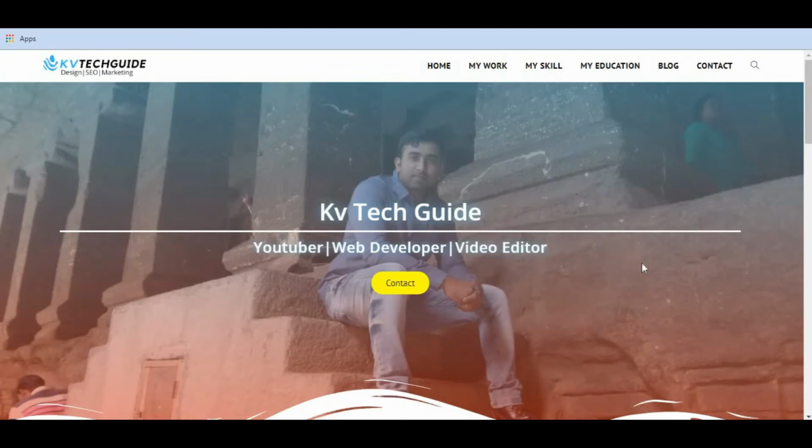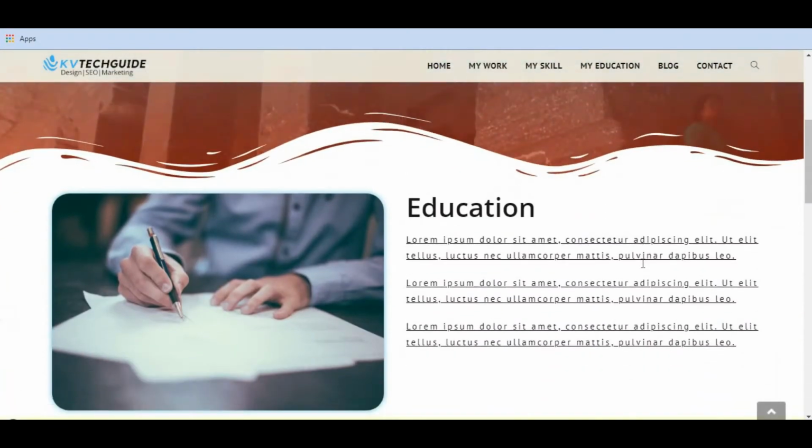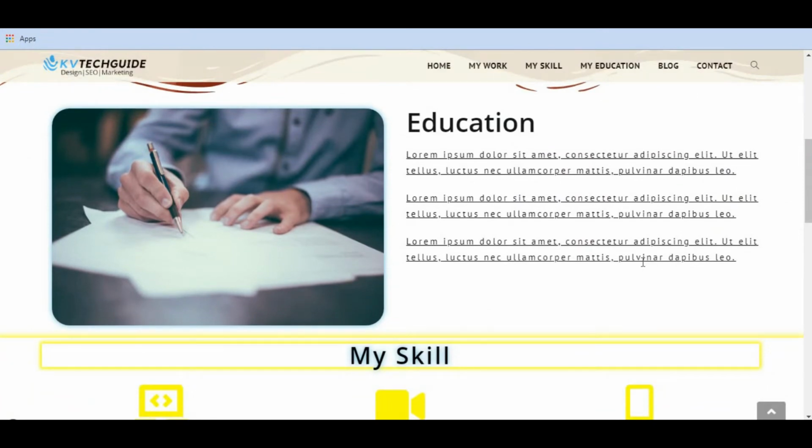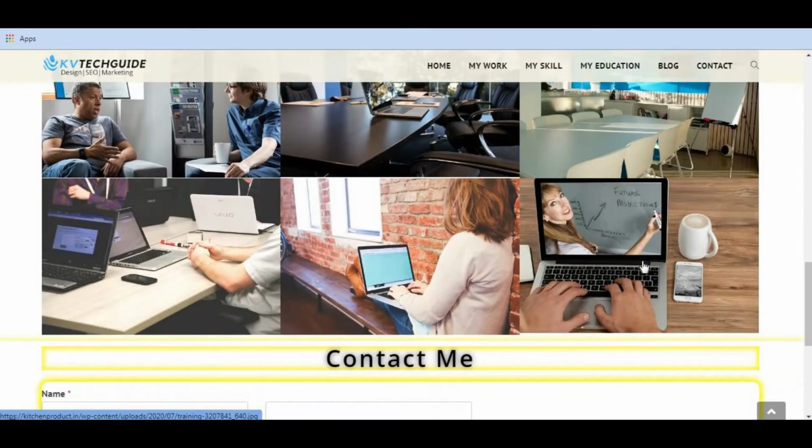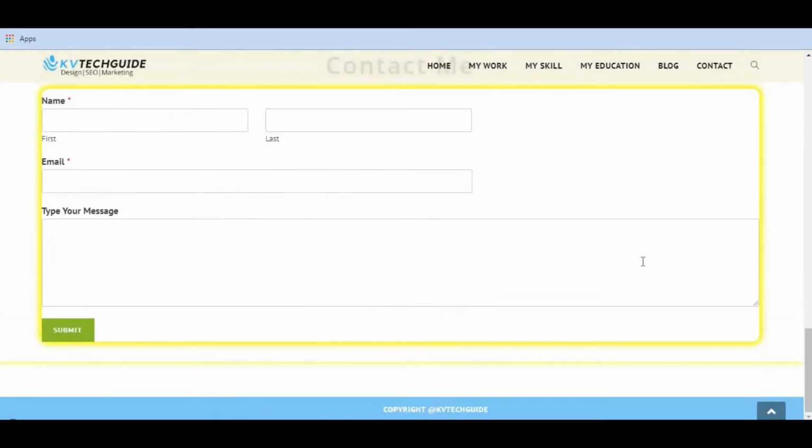Today we are going to see how we can add a social sharing button to our WordPress website. If a visitor likes your website or post, they may be able to share it very easily through a social sharing button. Having a social sharing button on our WordPress website helps to grow our website very fast. A social sharing button is very important to bring more traffic. Okay, now let's add a social sharing button. Without wasting any time, let's get started.